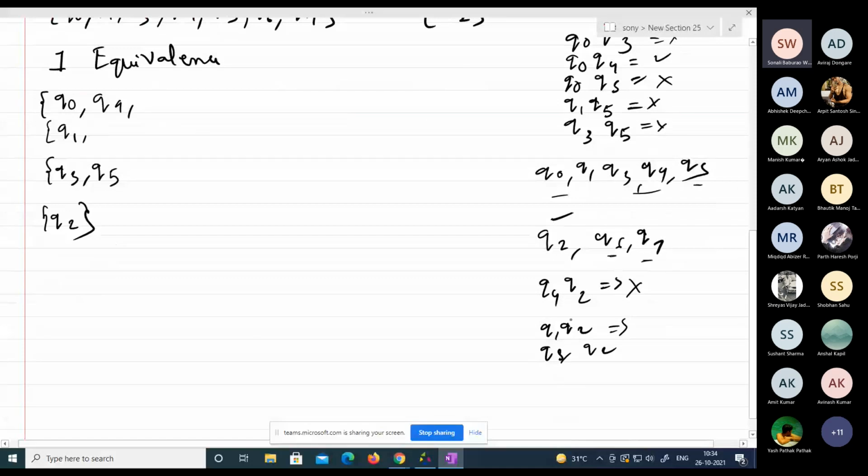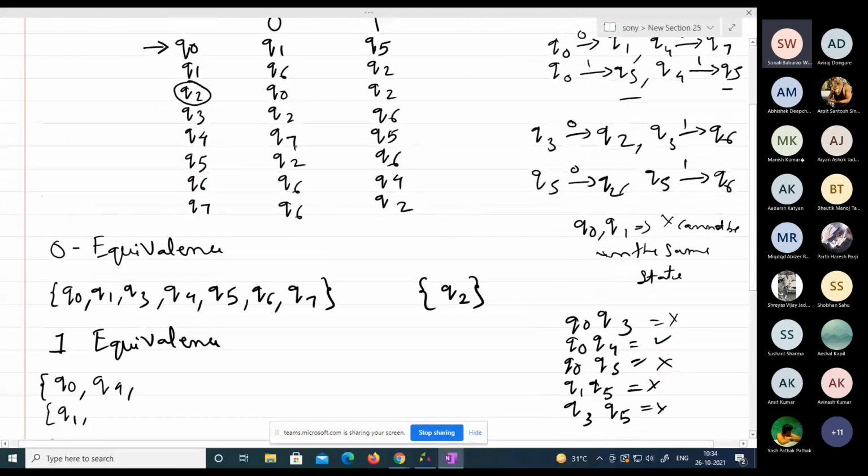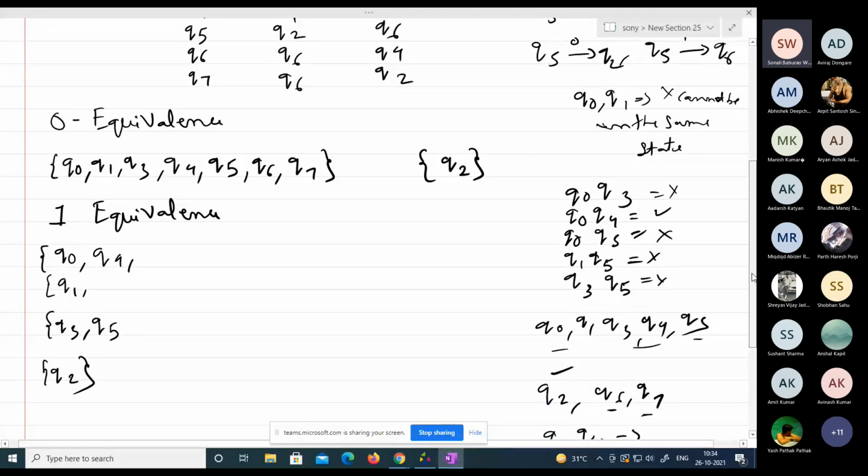What we are left with are Q6 and Q7. Now check the same thing over here. The most recent state we have got in the Q0 group is Q4, so we will check the grouping of Q4, Q6. And the most recent for the second group is Q1, so we will check Q1, Q6. Similarly, we will check for Q5, Q6. Now tell me, Q4, Q6. What are the values? Q7, Q6. No, they cannot be placed together. Q6 cannot be placed in this first group.